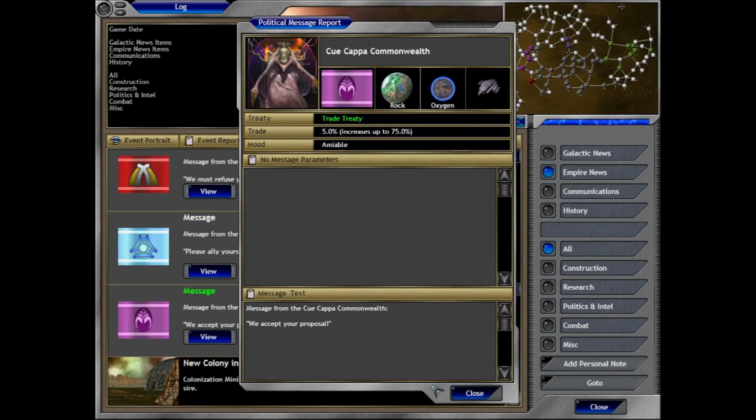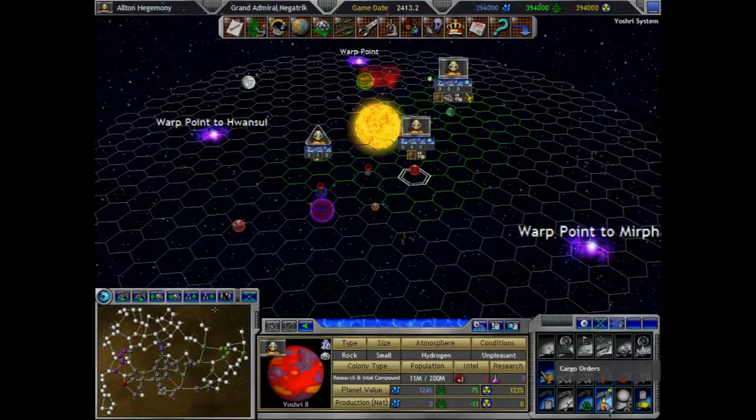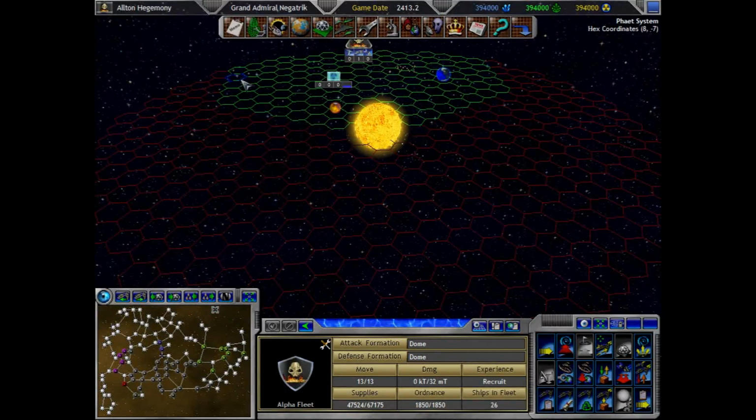Alright, so we have agreement with the Kui Kappa. The Ihekur are going to be annoyances. That's a good word for it. Okay. Well,